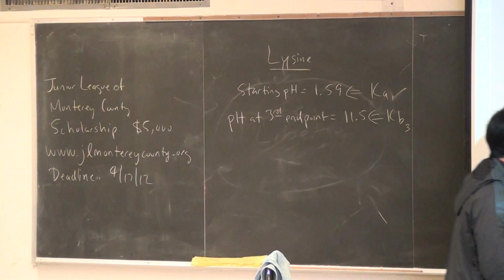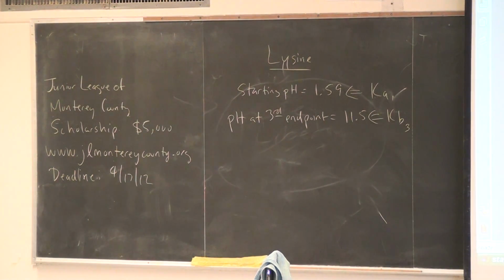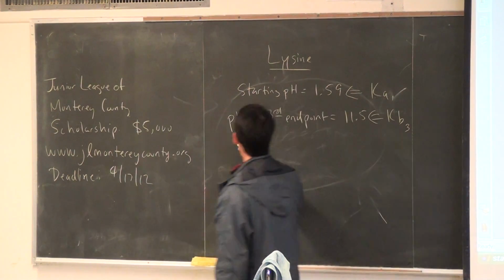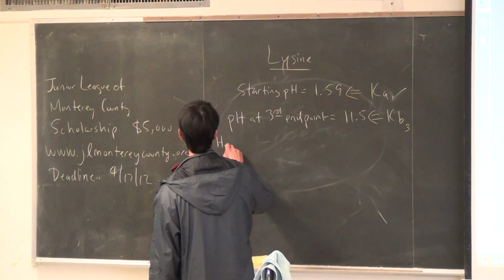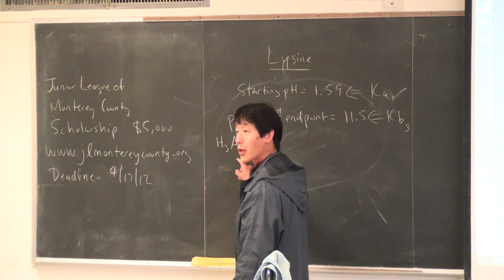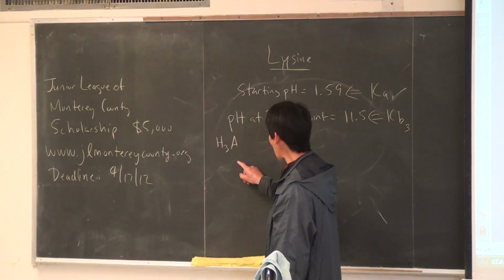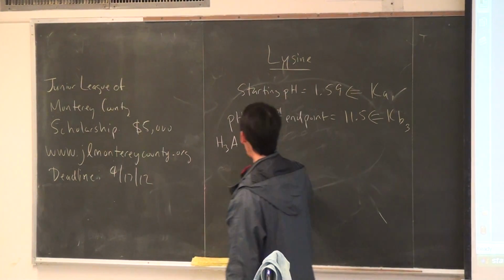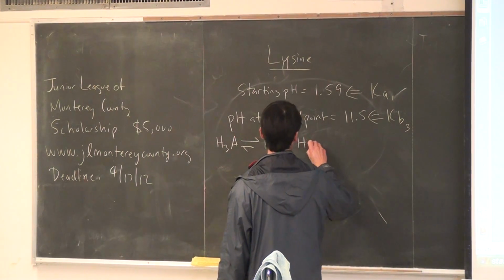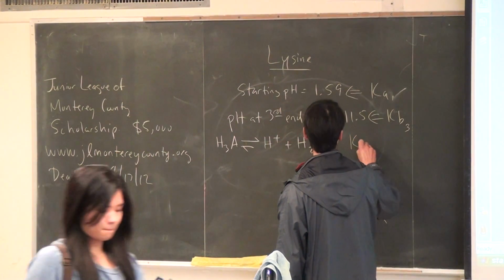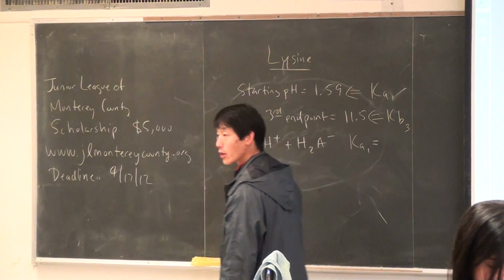Okay, so let's do this calculation for lysine. What's the Ka for lysine? In general, so we don't have to draw the structure, we'll call it H3A, because it's a triprotic acid, so that's going to dissociate into H plus and H2A minus. So Ka1 for lysine is equal to,